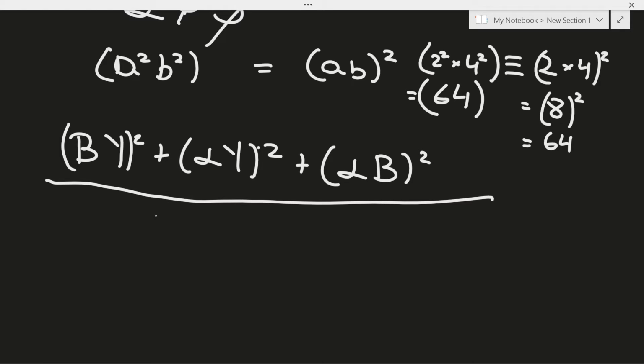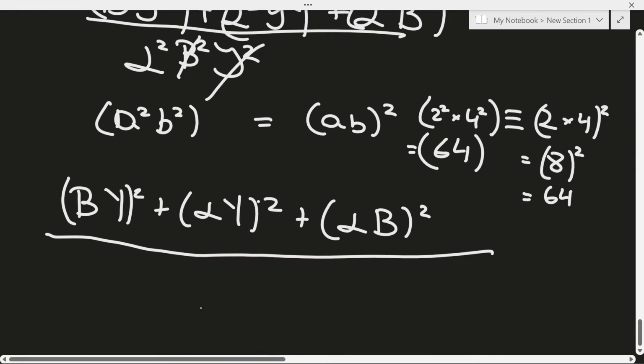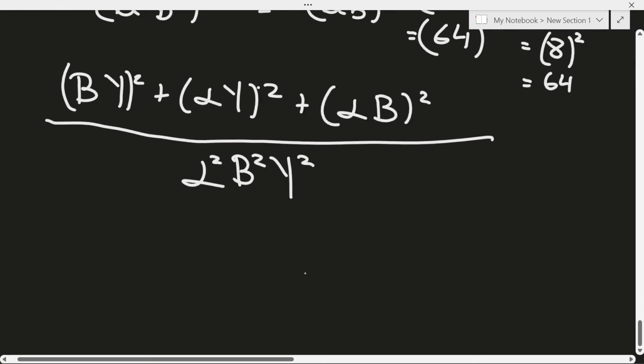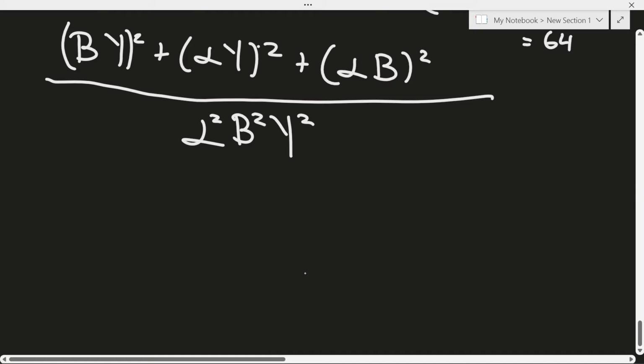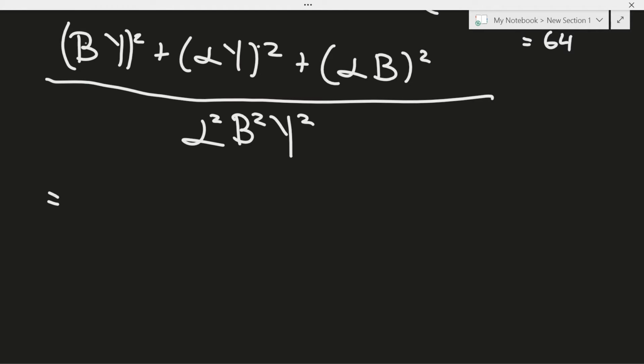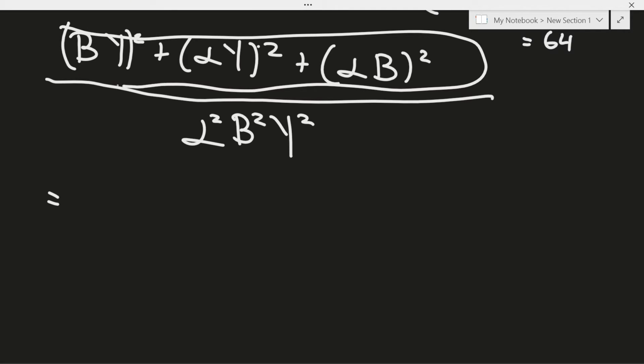Today's not my best line drawing skills. Line drawing day, sorry. So we'll have this over alpha squared, beta squared, gamma squared. The test will actually give you a formula. I believe I've seen it on all the past paper questions that have ever dealt with this. It will say that when you have this situation, with beta on top as our numerator, the formula that we can use to solve this is equal to